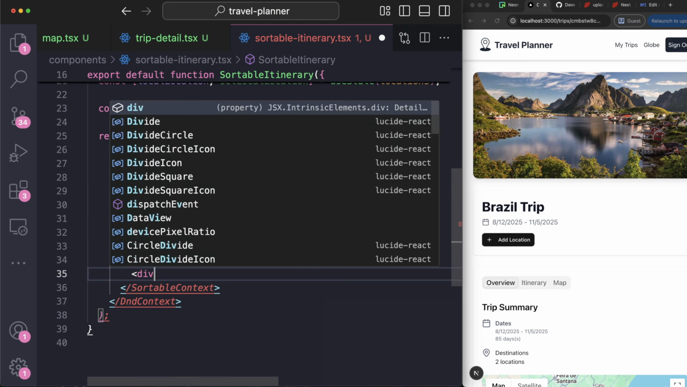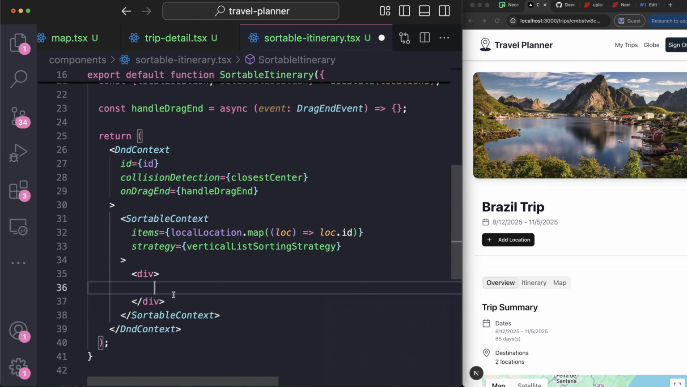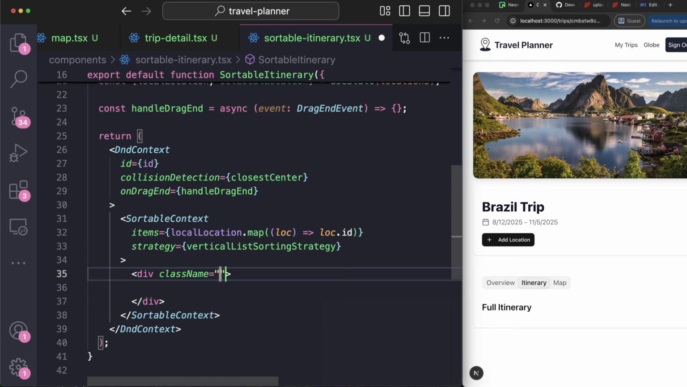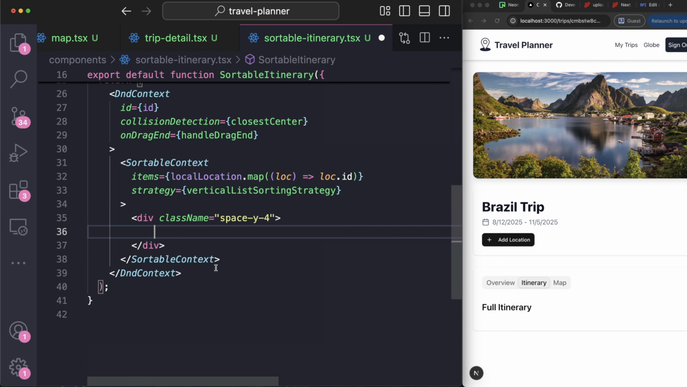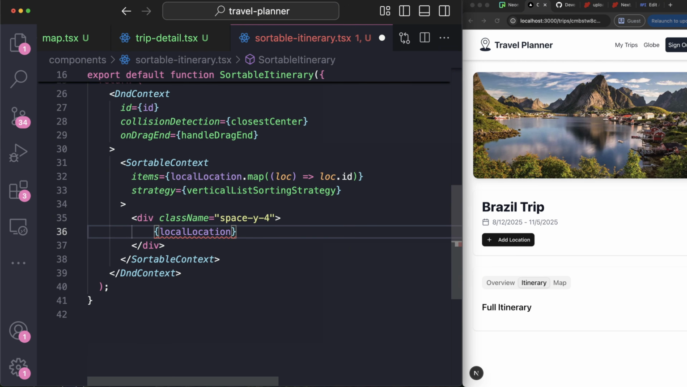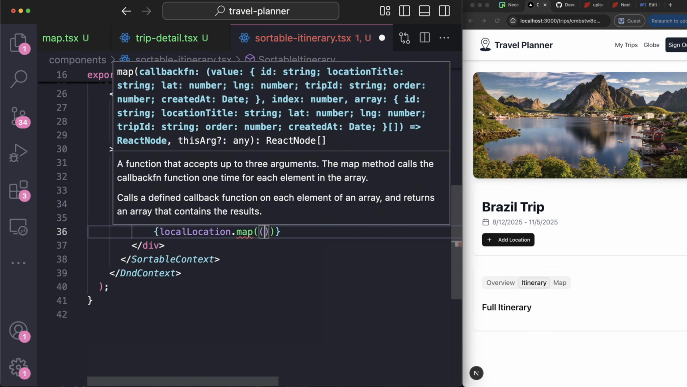So what we're going to wrap is a div. And inside of this div is going to be the list of the locations in the itinerary. So I'm going to pass a class name here to space each location. Remember, they're going to appear vertically with a space of 4. Now to actually show the locations, I want to loop through the local location array, map through it, and for